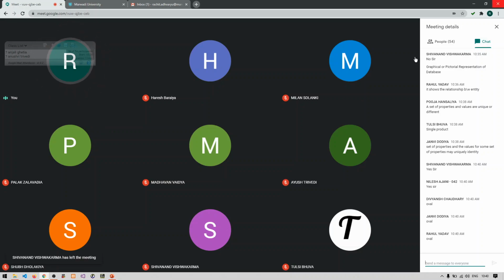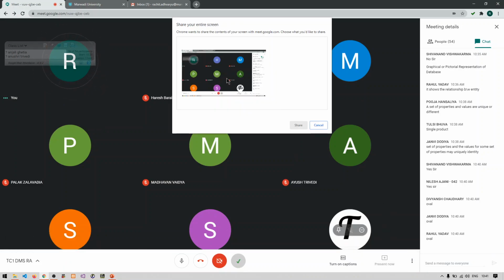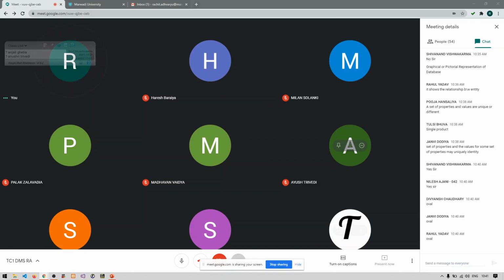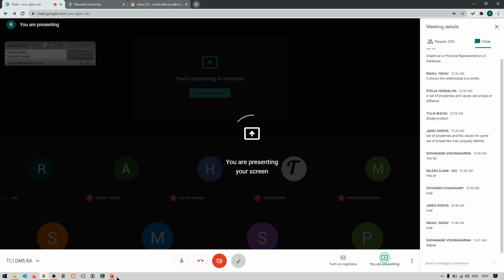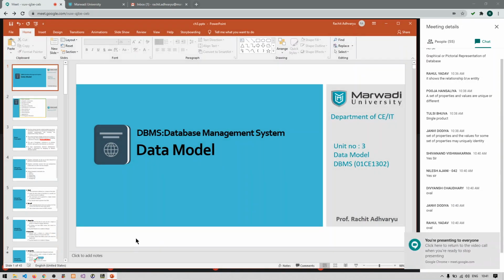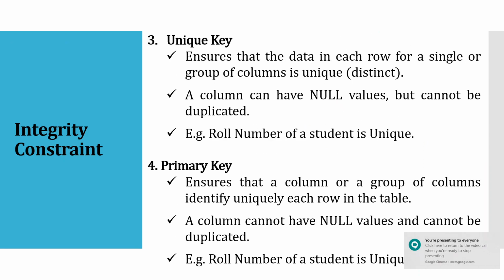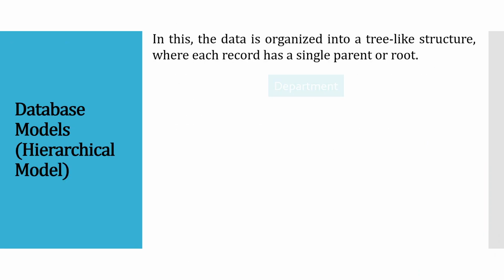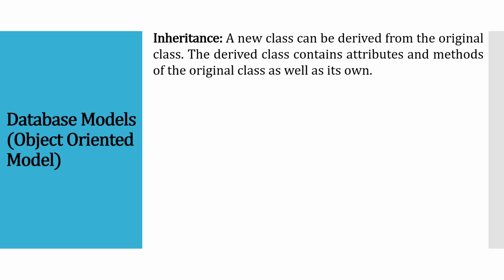Right, so let's continue from that only. So let me share my screen and we shall start. Yes, Sivanand. So this is what we have started, the data model, the design methodology, the constraints. Then we have seen the types of data models. We already seen this, right?